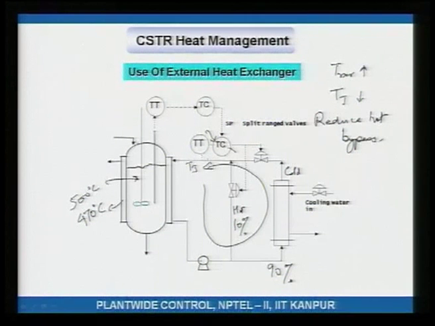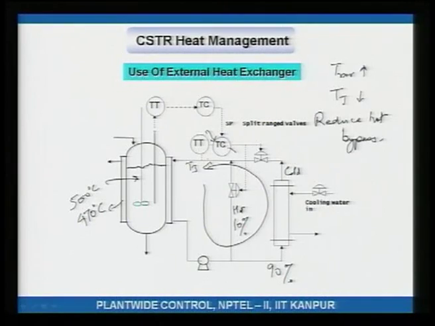Okay. Notice that the dynamics of this slave temperature controller, the jacket temperature controller, is going to be very fast. It is like mixing hot and cold water when you take a shower. Hot water coming from the geyser, cold water coming from the overhead tank. Well, if the temperature is too hot, either you reduce the hot water coming from the geyser or you increase the cold water coming from the tank, right. So, that is what is being done here, and the moment you adjust those valves, the temperature responds immediately. So, this slave loop is going to be very fast, right. It is almost like controlling flow.